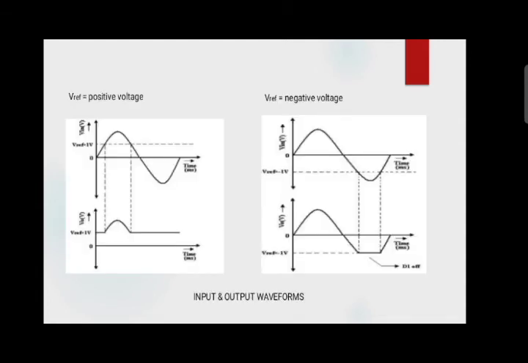This is the figure of the output waveform of the negative clipper. Similarly, as the positive clipper, figure 1 is the output waveform of the negative clipper with positive reference voltage, and figure 2 is the output waveform of the negative clipper with negative reference voltage. But whatever the applied reference voltage, the input signal is clipped off below the reference voltage in the negative clipper.